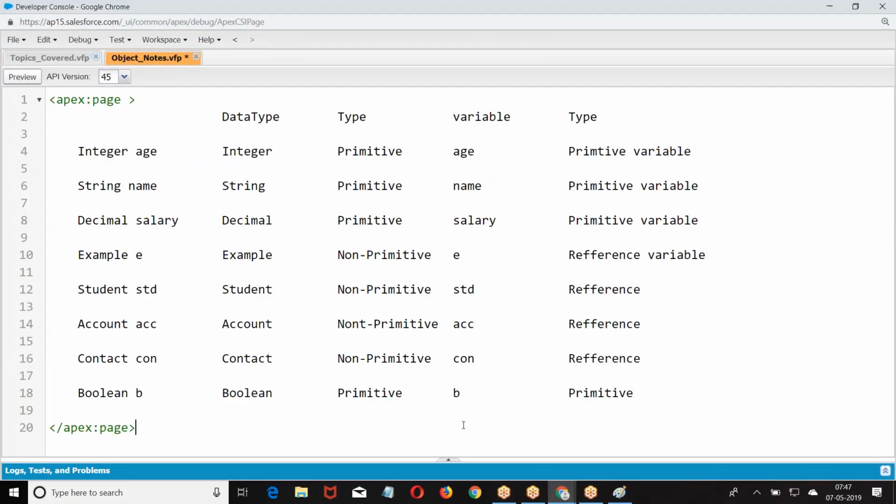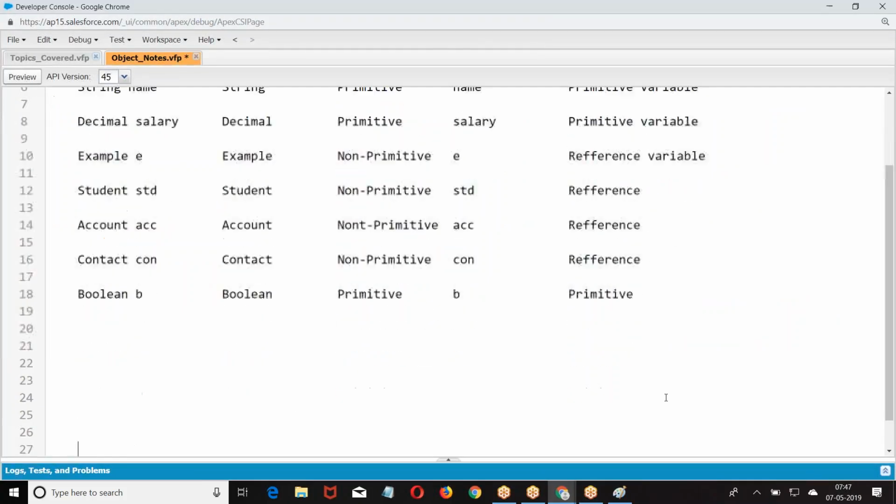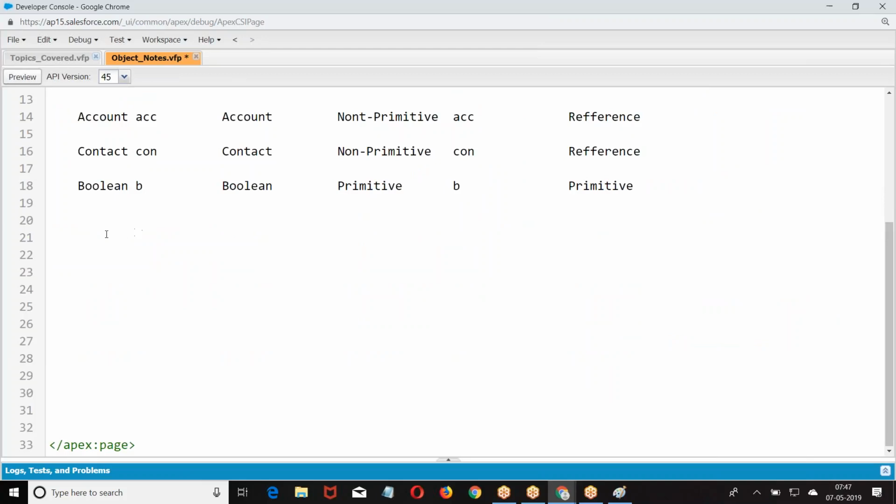Thank you. Now let me give the basic data here. What is an object?